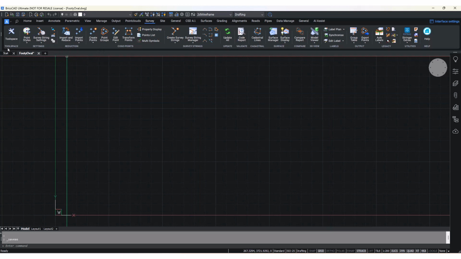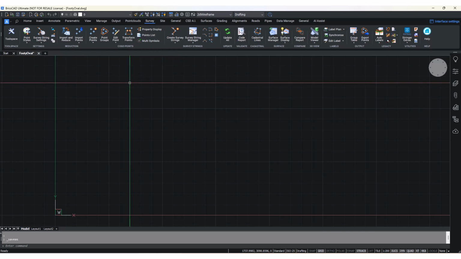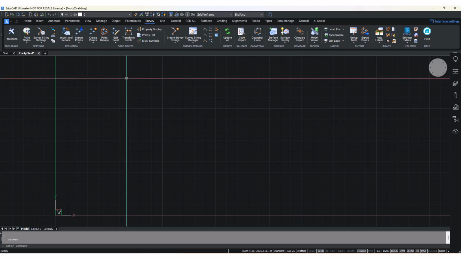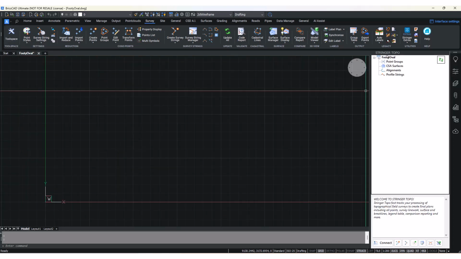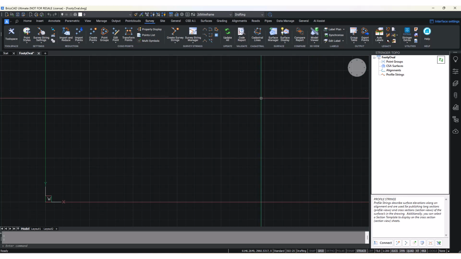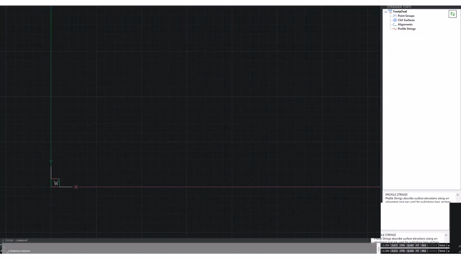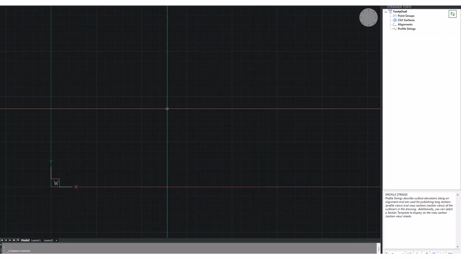So you actually have a choice. With Stringer, you can run commands from the ribbon tab here. Alternatively, you can run commands from the Toolspace. If we click on this Toolspace button here, Stringer Topo's Toolspace will display. The great thing about the Toolspace is that the points, point groups, surfaces, alignments and strings that we create all get listed here, so you have a nice overview of the objects that you've created. The other thing that I like is if I press Control 0 to clear screen, I can get a bit more real estate